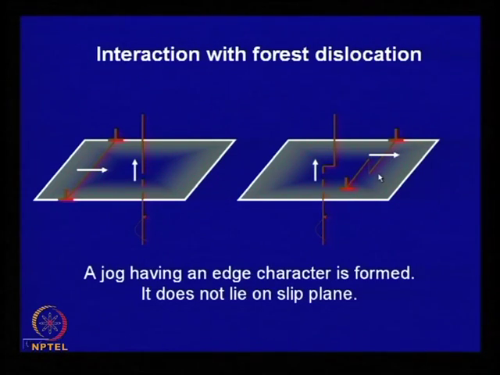So, they are no longer on the same slip plane, and here is another dislocation which is like this here, and what is its character? The Burgers vector is this. The Burgers vector remains the same along the length of the dislocation, it does not change unless another dislocation meets. So, here also it is perpendicular. So, this also has an edge character. So, this type of step is called a jog, and this jog, if it is a slip plane, it can move on this plane perpendicular to this, but if you look at, say, a face centered cubic crystal,